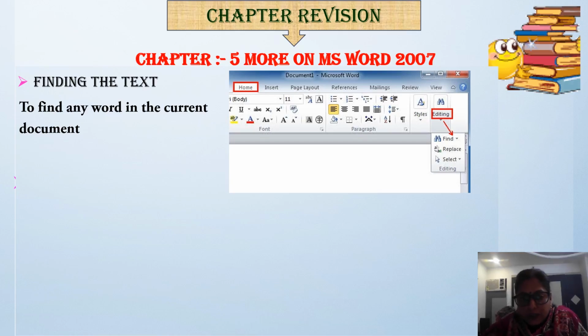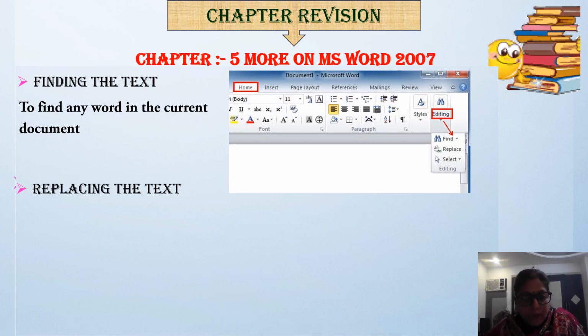If you want to change that word, you don't want to write it again, you can find and change that word also. For that, you have to click on the Find button in the Editing group on the Home tab.